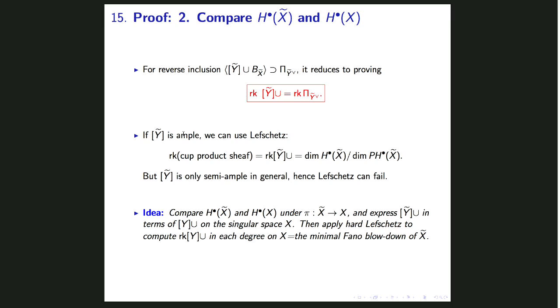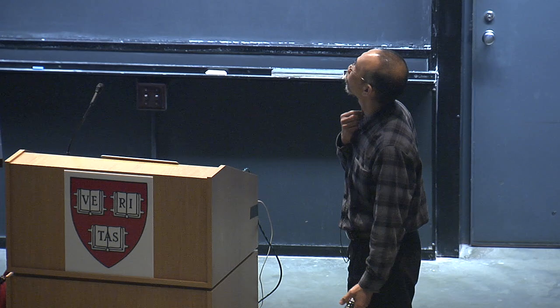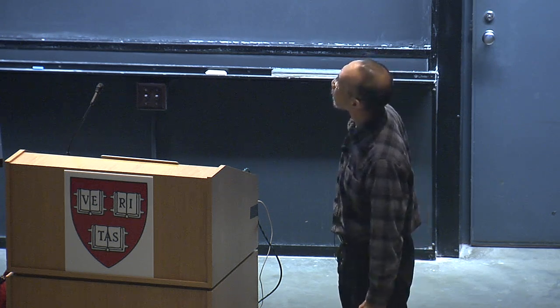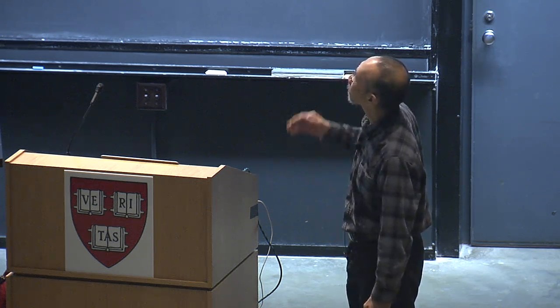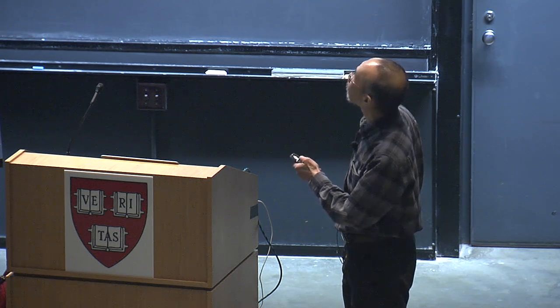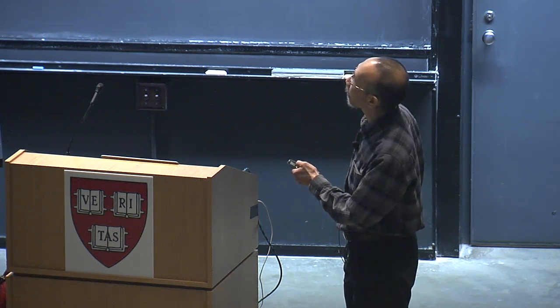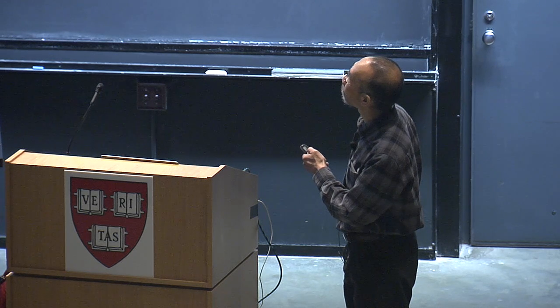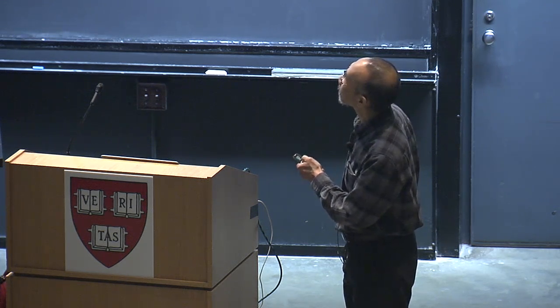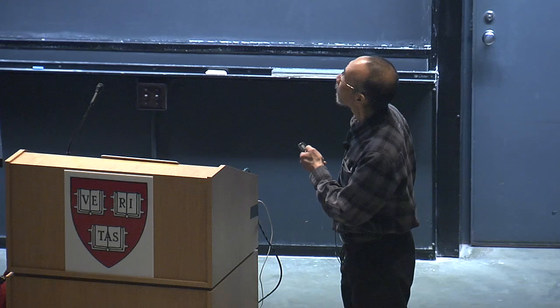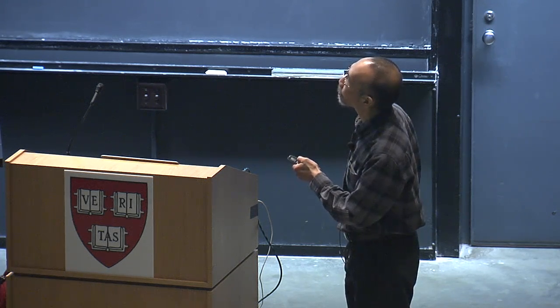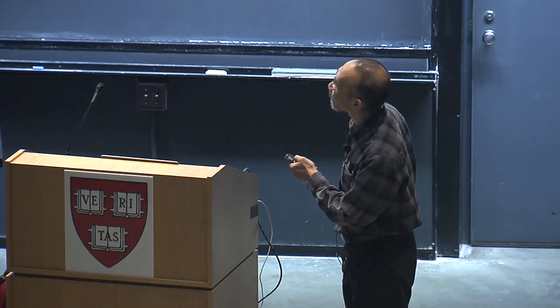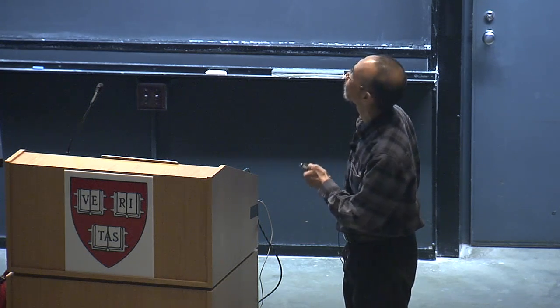All right, so the idea now is to compare the cohomology group under the crepant resolution by expressing the cupping with the anti-canonical divisor of the blow-up in terms of the cup product downstairs. Downstairs, this anti-canonical divisor is ample. So you try to express this in terms of this on the singular space, and the hope is that you're able to use the ampleness of this to compute this and translate into information about this.